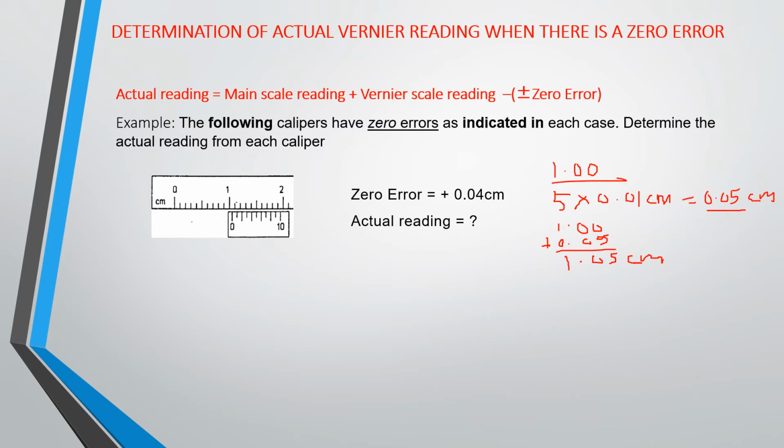Now your zero error is positive, which means minus plus is minus, so you are going to subtract this zero error from this reading. Okay, so you do that subtraction, you have